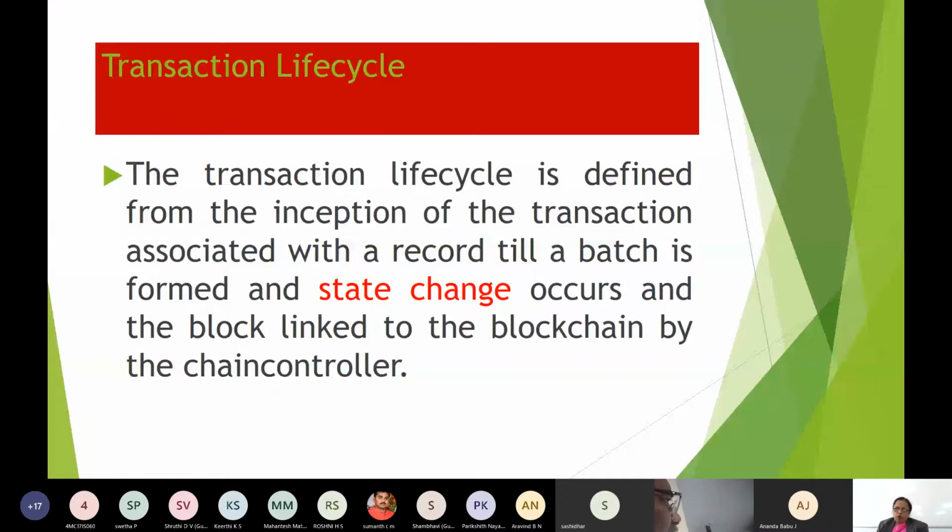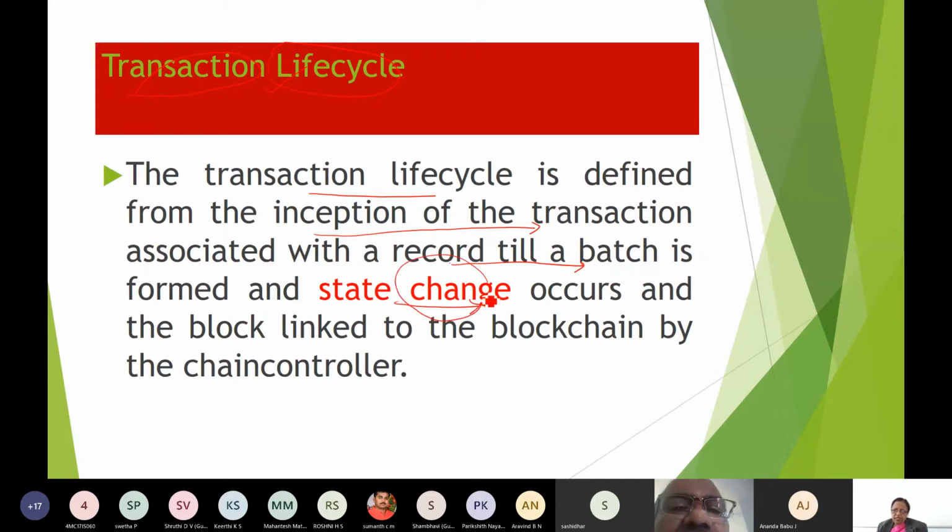Now, most importantly, what I'll be telling in this part is the transaction life cycle. This terminology is common and used in all the blockchain platforms. The transaction life cycle is defined from when you submit the transaction with a record, till a batch is formed and a state change occurs.